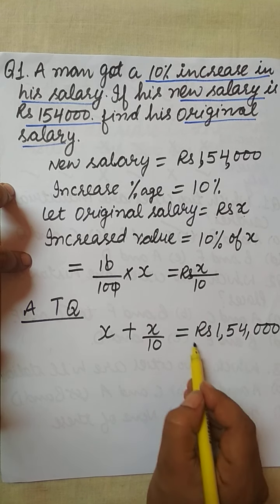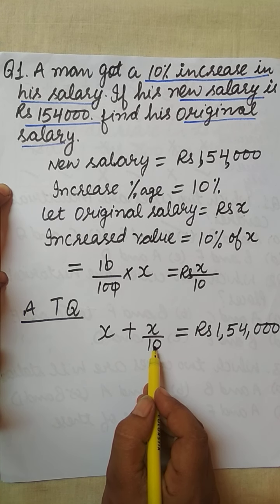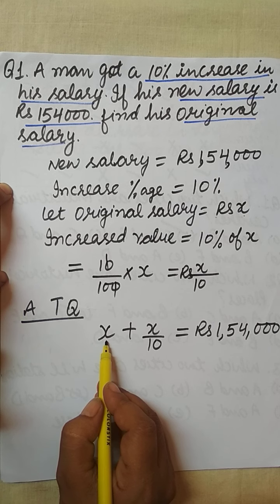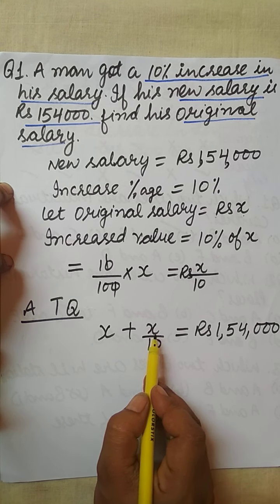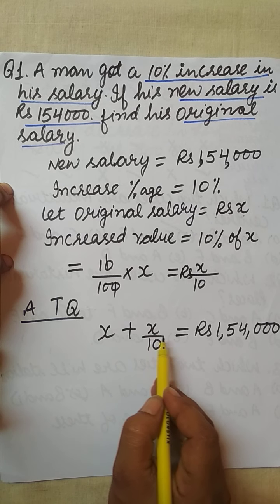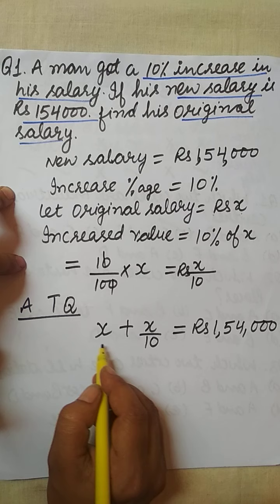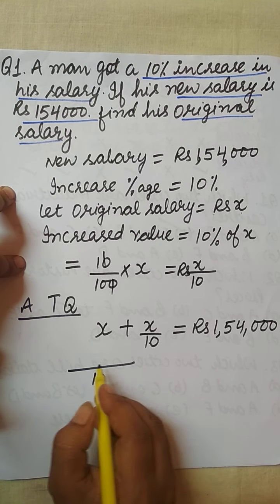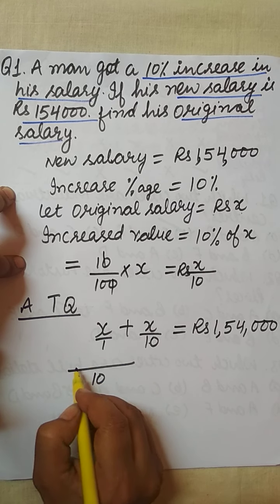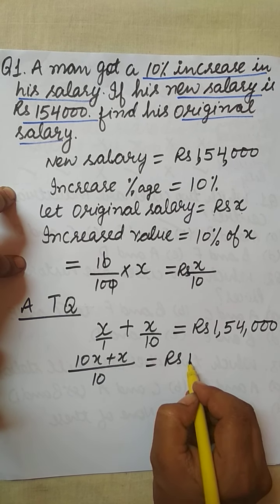1,54,000, as this is the amount he got after getting the increment. X was his original salary and this amount has been added to his salary. So the sum of these two will be equal to the new salary. So now do the simplifications. It can be written as, the LCM of the two is 10. So this is 10x plus X is equal to rupees